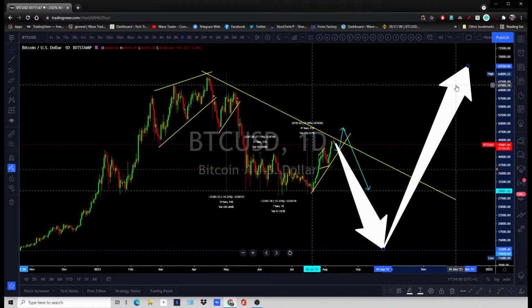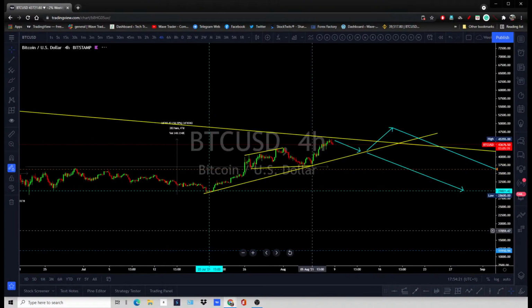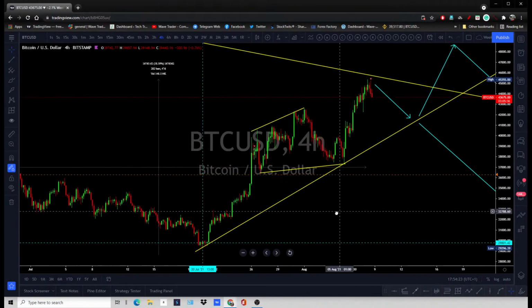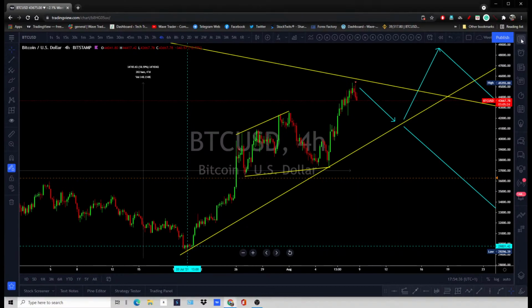The strength you have seen on Bitcoin is simply driven by higher inflation. Now central banks are going to contain that. You are not going to see a lot of money jump into Bitcoin for more upside. Yeah, it is going to come, but over time. So simply it is going to fall back again into the ranges. Sharp sell-off, correction, breakdown, and go all the way back to that bottom, then hold it and go back up.